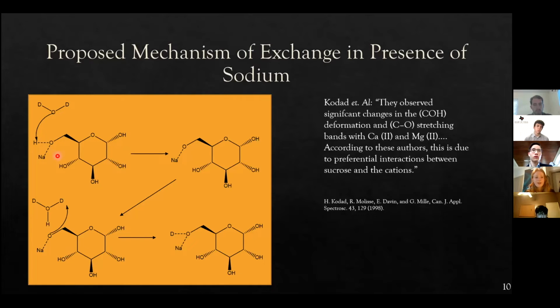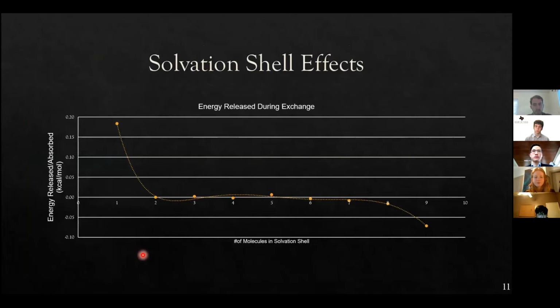So that adduct is actually making this hydrogen more labile so that we don't have such a great energy barrier for a molecule of D2O to come and remove that hydroxyl group so that it can be subsequently swapped for an atom of deuterium. Because of that sodium adduct, we actually have a lower energy barrier for exchange to take place, and that's why we're seeing a greater release of energy during hydrogen deuterium exchange.